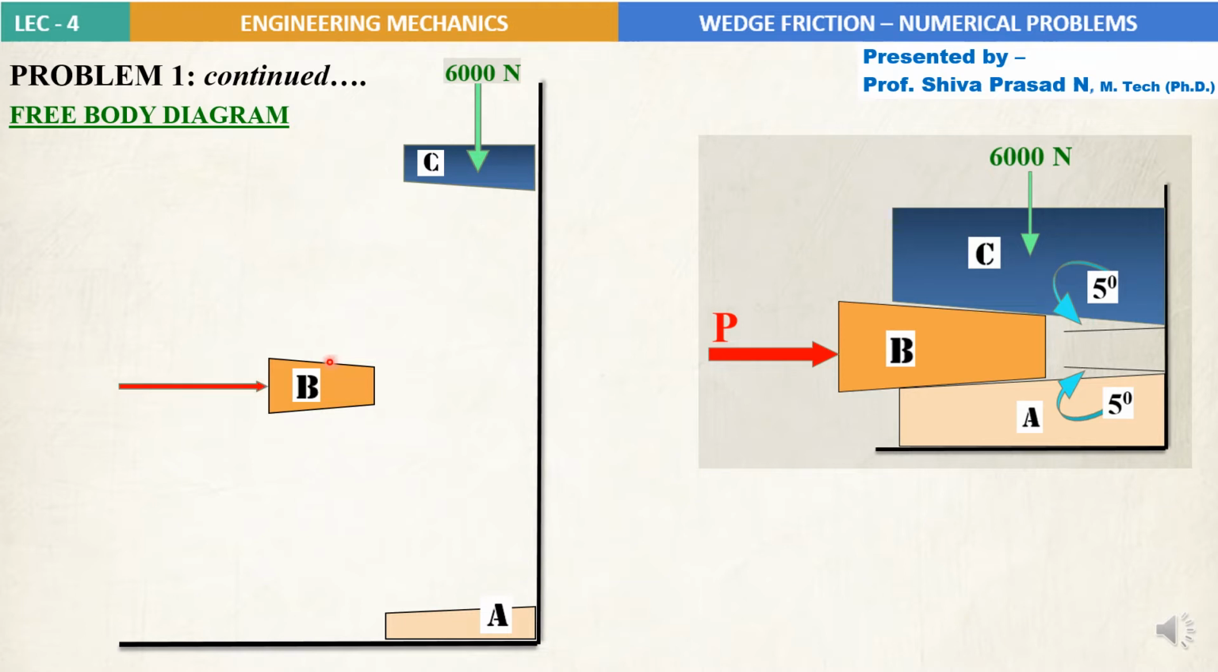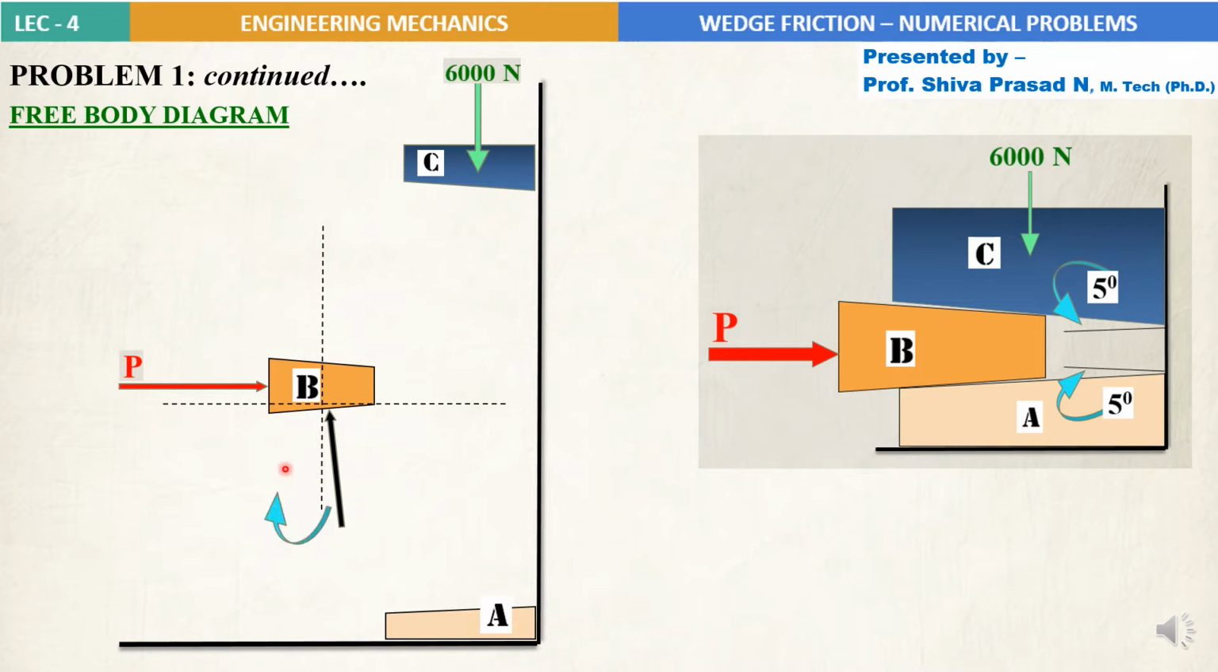Next, to begin with, I'll start to draw the free body diagram for wedge B first. I'll consider the force P to be acting towards the right side, and I'll begin with the lower surface of B. Of course, due to its contact with wedge A, you will have a normal reaction force acting towards the inclined surface of B,